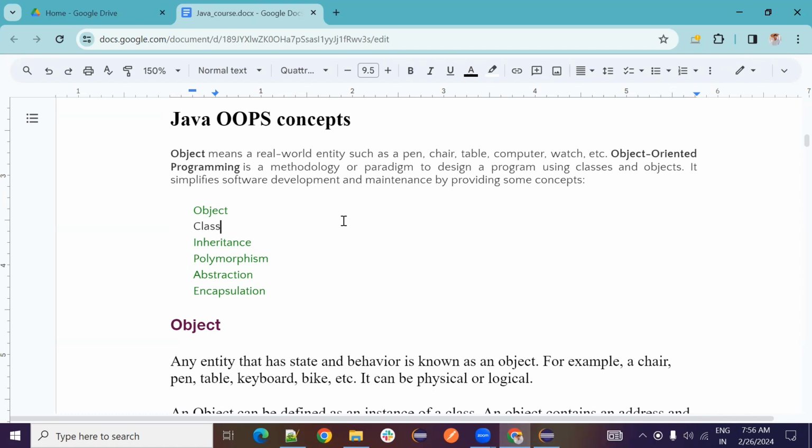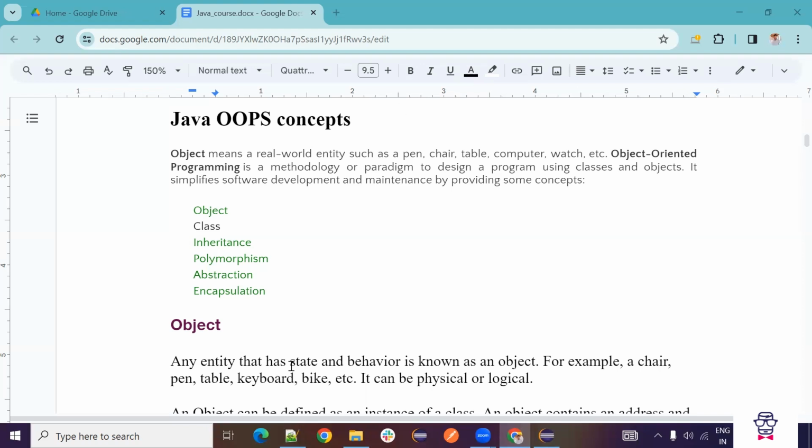So first thing is object. So object we already discussed. If you have any class and if you want to use that class, we have to create an object. Otherwise, in that class, we cannot use methods or the normal variables. We have to create the class and then we have to create the object for that class. Then afterwards, we can use variables or methods, whatever we want to use.